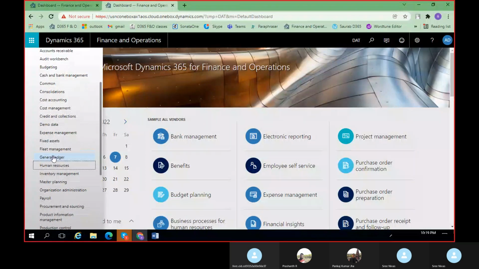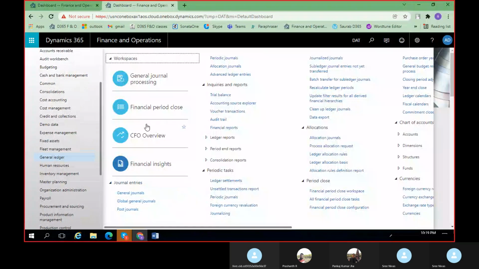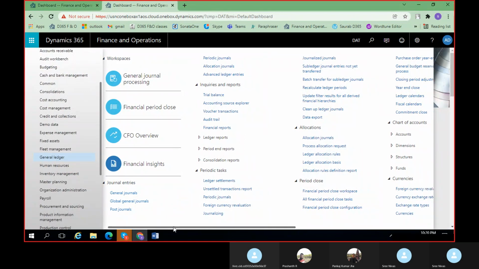See, these are the default workspaces which are created. Under this, I was explaining, right? The reason why I'm stressing, instead of getting into the direct topics, I want you to remember the screen, what all topics are there under the general ledger module. This is very important. The reason being, once you get into the work, it is not possible for you to always remember under which topic this chart of accounts forms, under which topic these dimensions will be a part of. So you always try to explore more and more under each and every module.